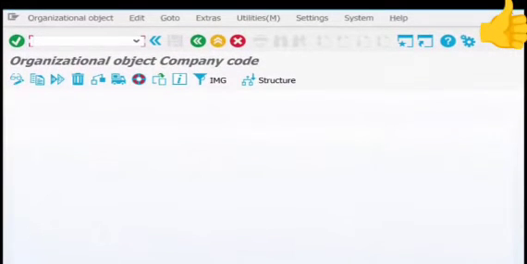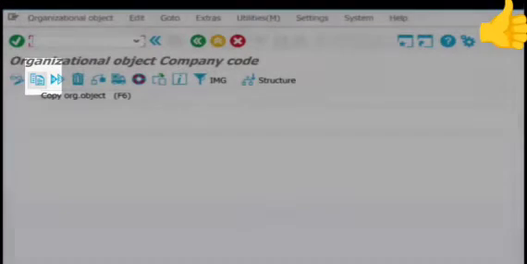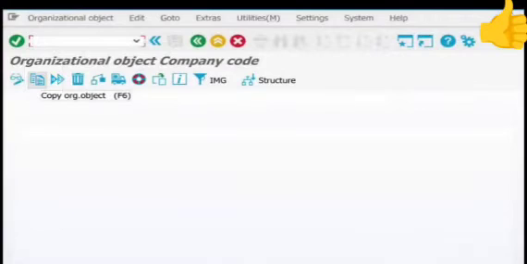And you get this screen. It's a blank screen, but on the top in the menu bar, click on the second button, the one that looks like two pieces of paper. It's a standard icon anytime you want to copy one thing from another. So click on that button,